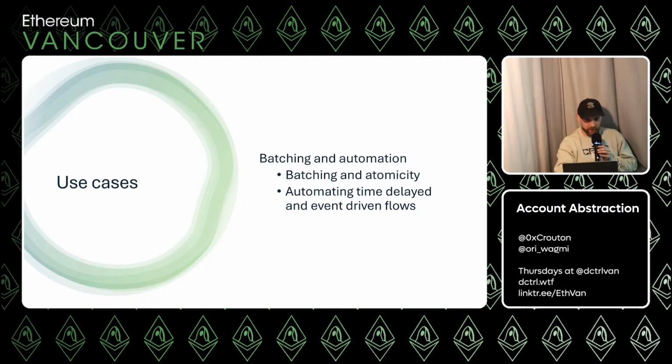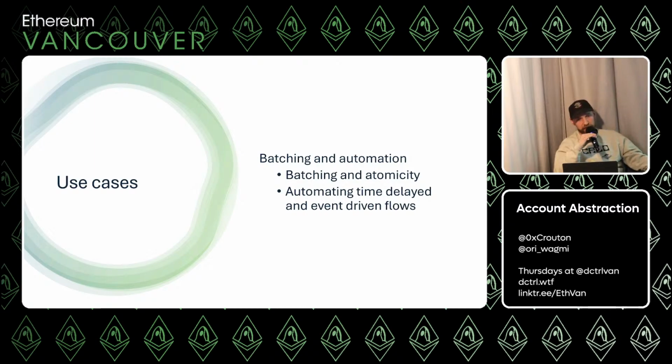And then there's the batching and automation piece. So we can guarantee that transactions will execute with atomicity. There's a lot of transactions that only make sense if they happen together in some sequence, and you want to make sure that those all execute. And there's lots of cases where if they don't, you're just wasting gas because things are just going to fail. And then batching, we talked about this before. You can have a bunch of transactions all bundled together in one single signature. I can make a bunch of things happen on chain.